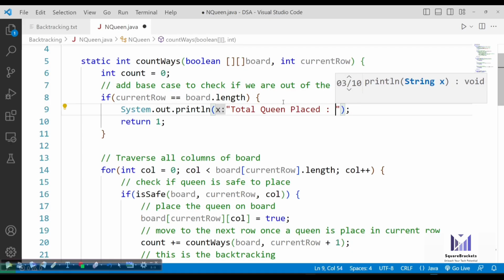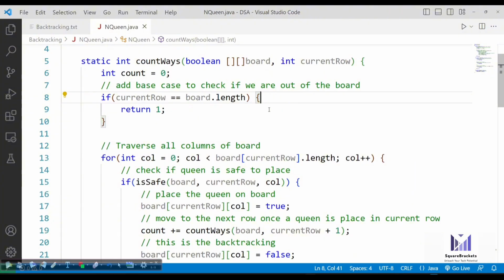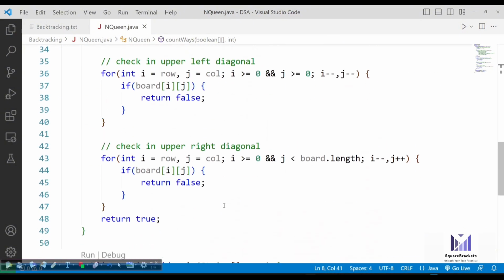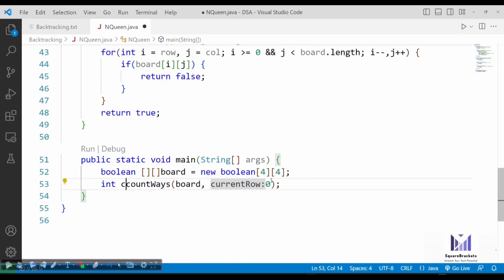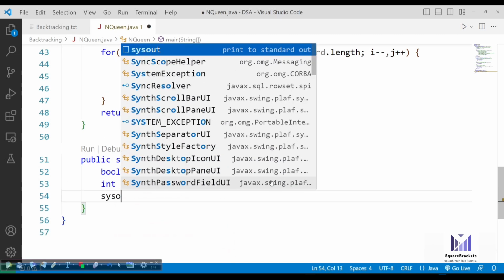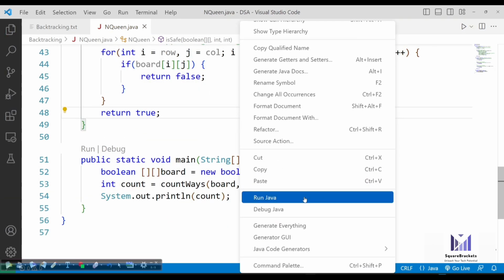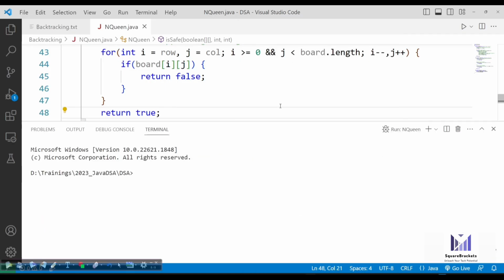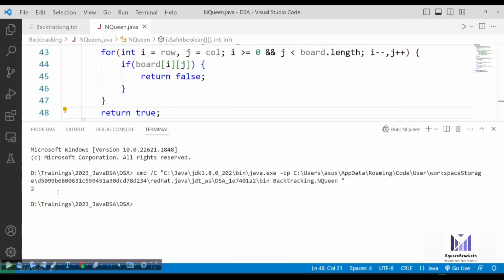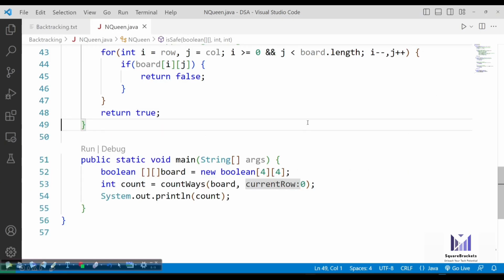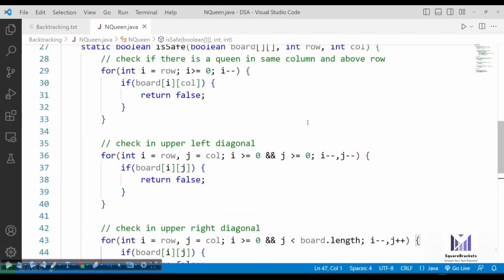Right now, we don't have anything else to print, so I'm just going to print this count variable at the end. Later on, we can add one thing, to print where exactly you have placed the queen. So let's print this count variable and check if this code is working. The output is 2. The next version of this code will show the particular places where you have placed the queen.